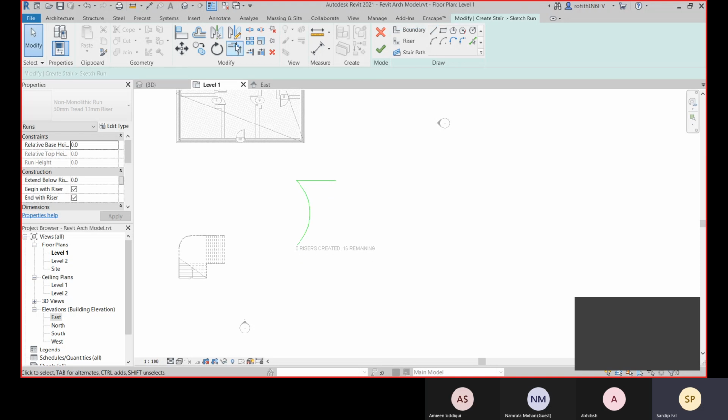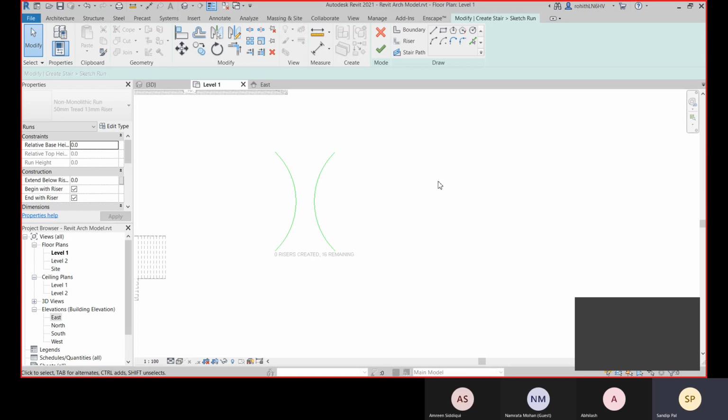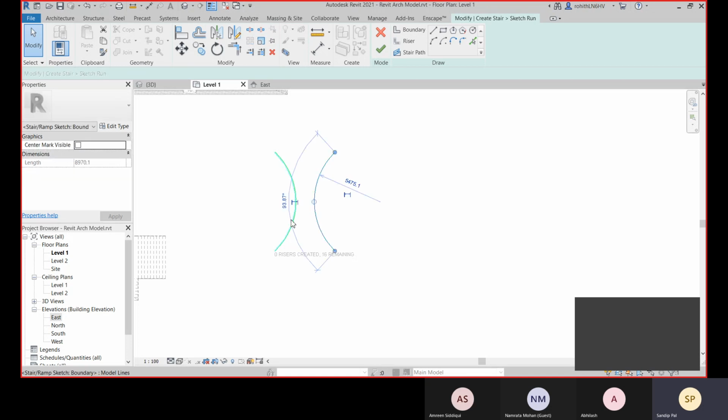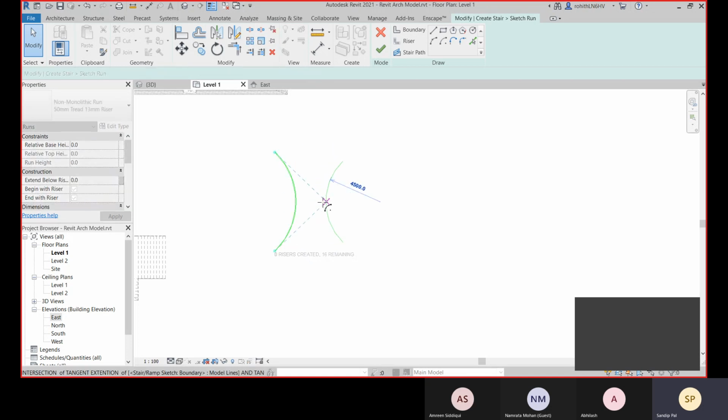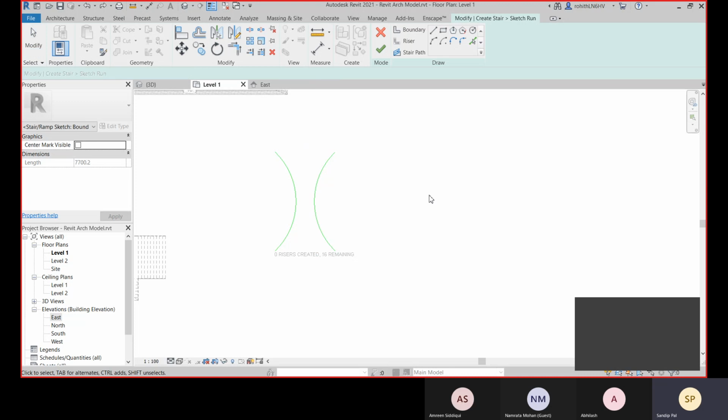Now let me mirror this one, select it, enter in this midpoint. I'll delete this one. Let me change the radius slightly, or it's okay, right? No problem.